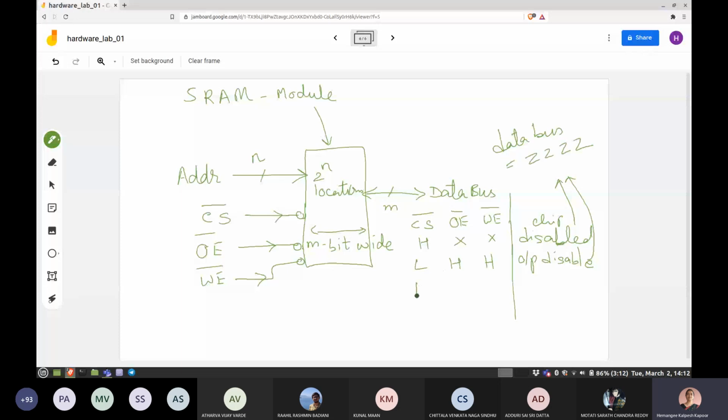Chip select is low, output enable is low and write enable is high, so this is a read operation. For a write operation, we would need the chip enabled, write enable activated, and then output enable is left as a don't care.